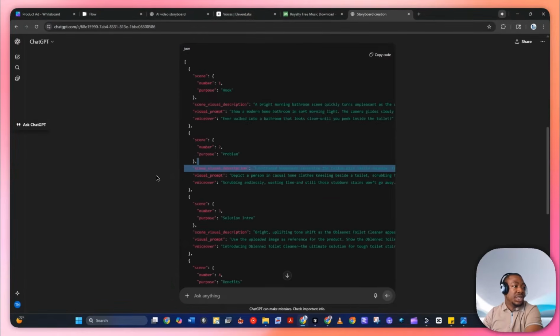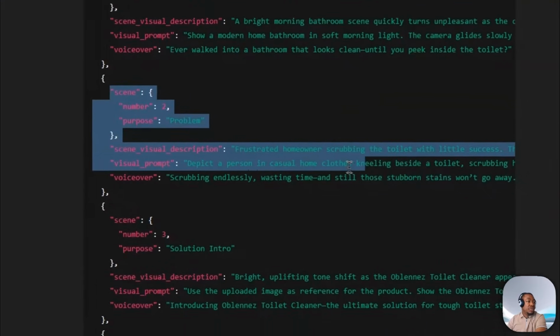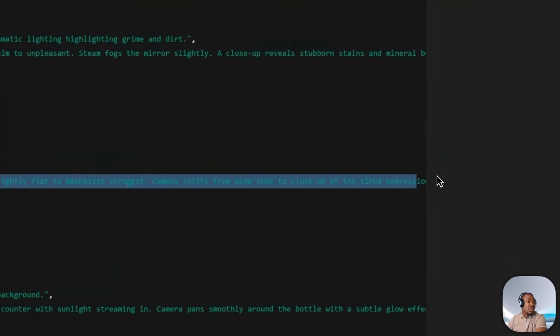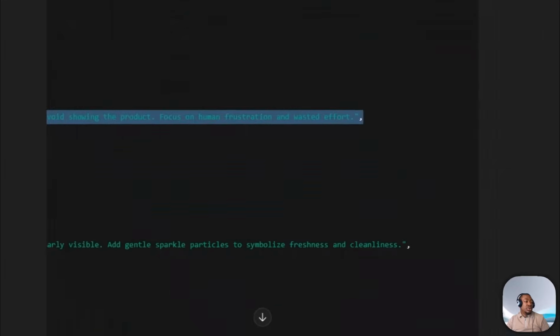So you go back to your ChatGPT and copy scene 2, which is also the problem. Okay, so I click on the scene, from the scene, and end at visual prompt. Do not select the voiceover because we're going to use a different tool to work on the voiceover. So you copy here. Now go back to your